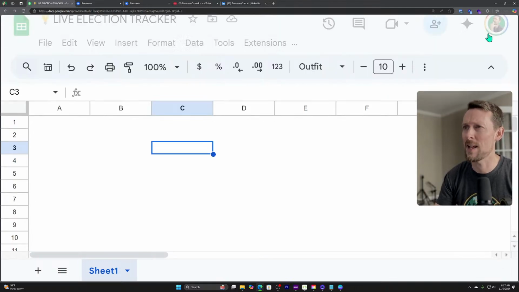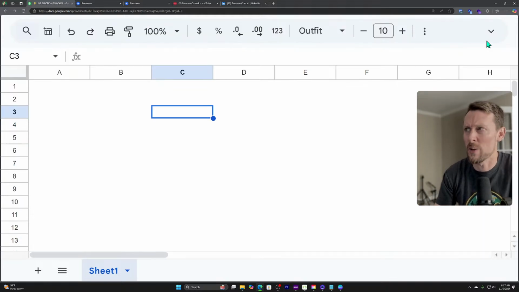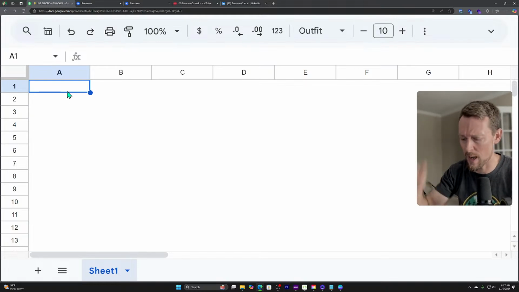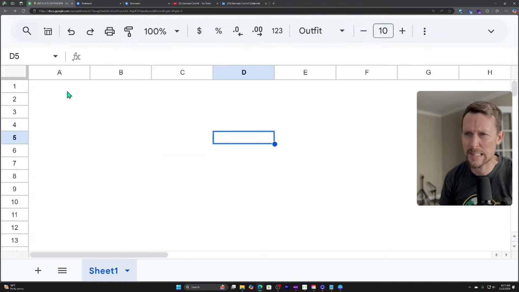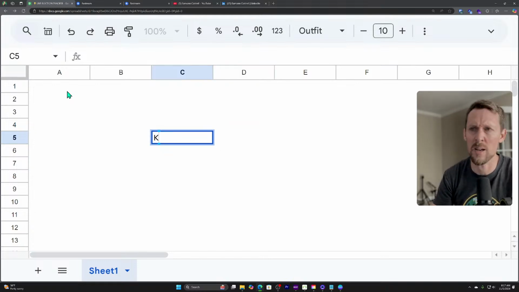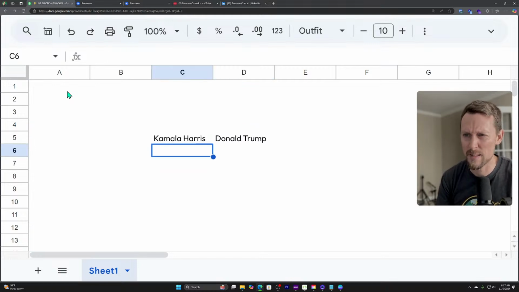Let's hide that. Do we want to hide that? I don't know. Let's leave it. No, let's hide it for now. We can bring it back later. Now, importantly, somewhere right about here, or maybe here. Let's do it here in C. We're going to put the candidates' names. I think that's right.